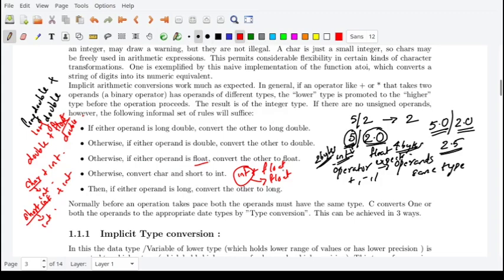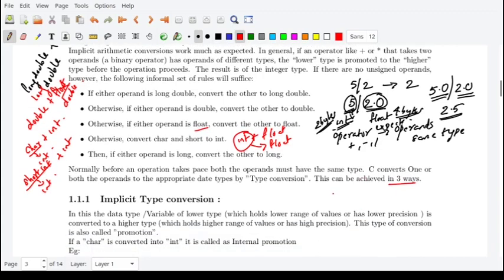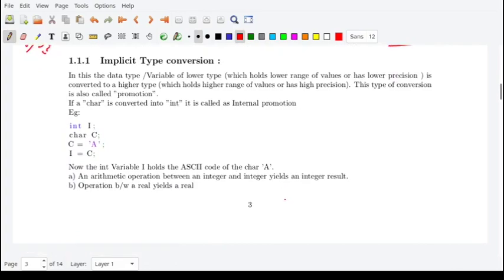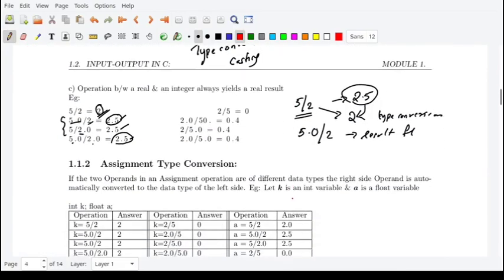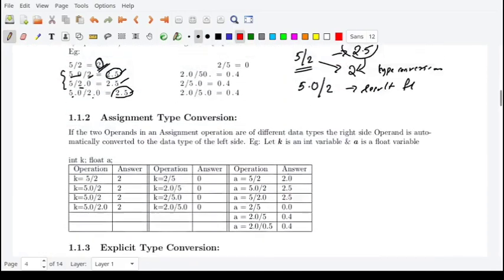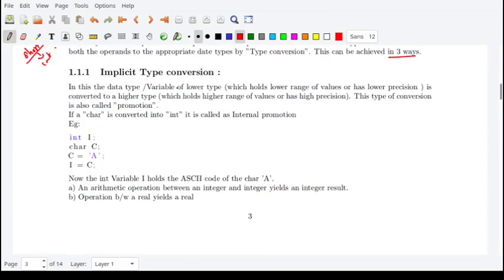This is done internally. This type conversion can actually be achieved in three ways. One is implicit type conversion. The next one is called assignment type conversion, and the third one is explicit type conversion. In implicit type conversion, the data type or variable of the lower data type is converted to the higher data type.